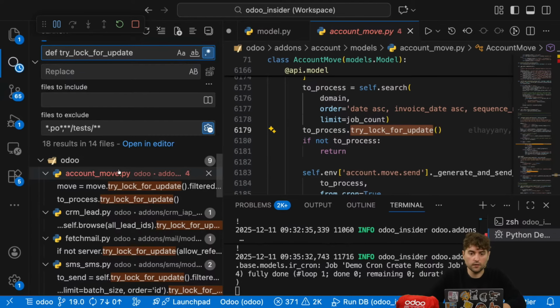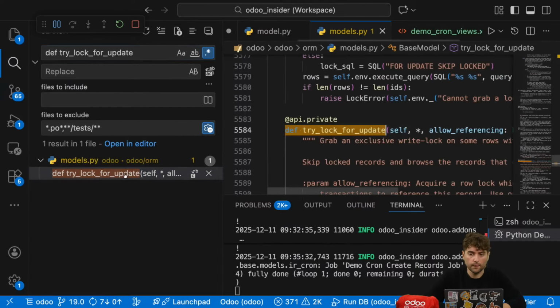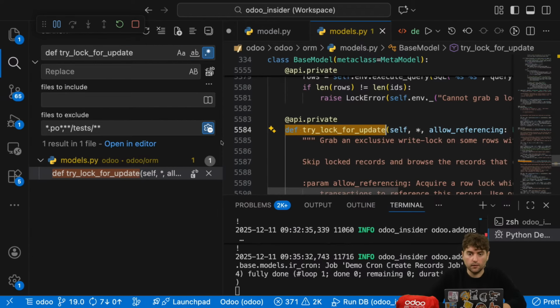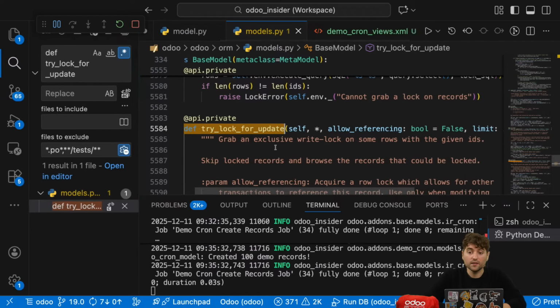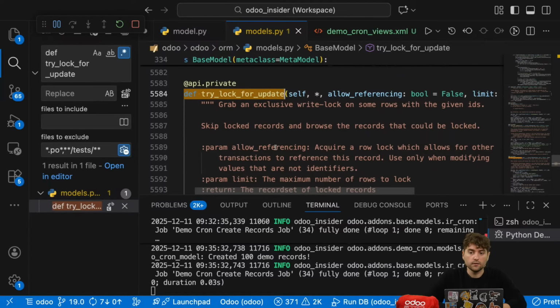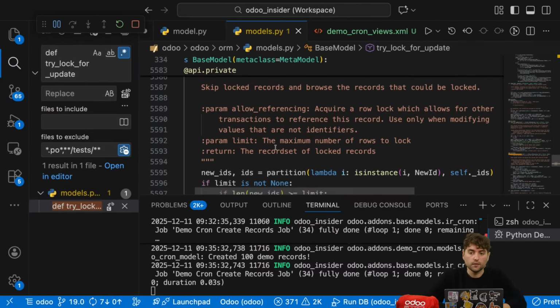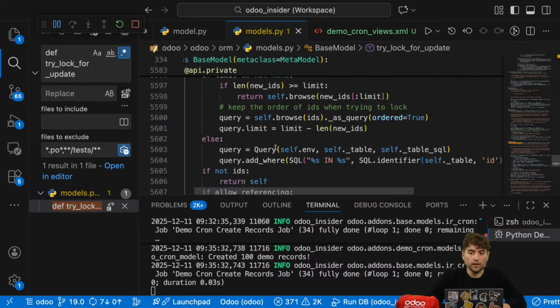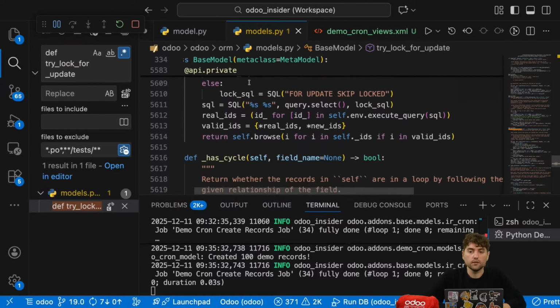So there is a function that grabs an exclusive write lock on some rows with the given IDs. Skip locked records and browse the records that could be locked. So why do I want to do that? Because if there's